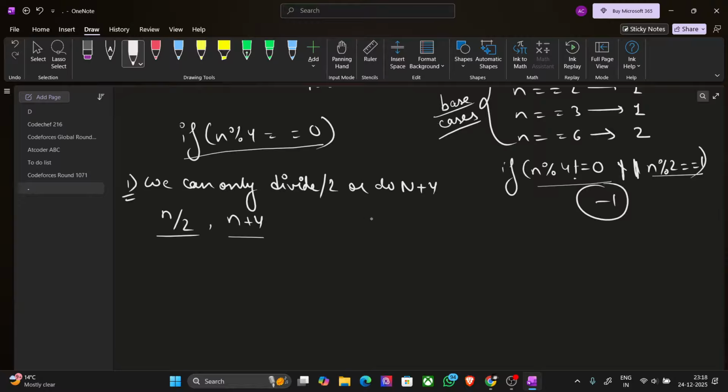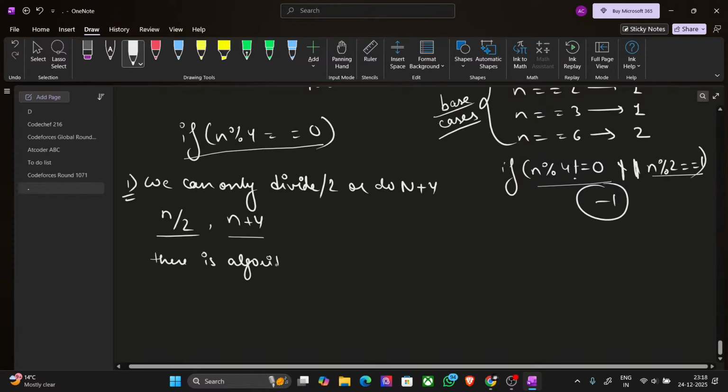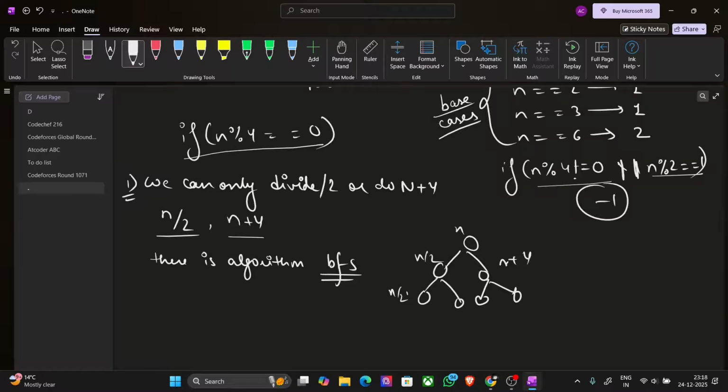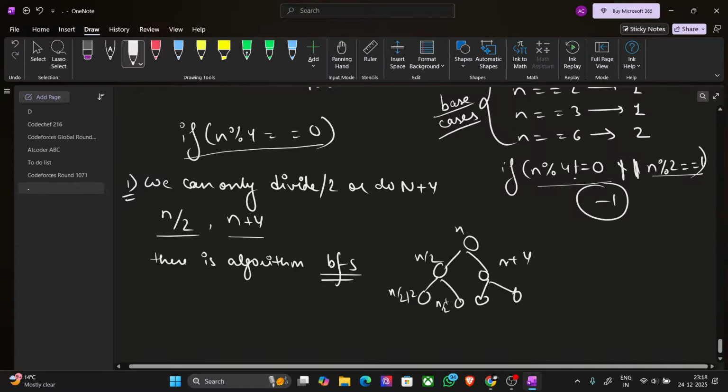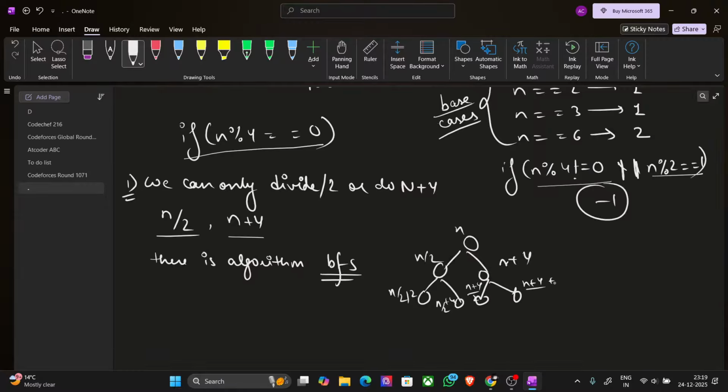Yes, Kabir, please ask. There is an algorithm, BFS, which you can use to find the minimum path, as you can make nodes like these. Start with n by 2, then n plus 4, then n by 2 by 2, then n by 2 plus 4, n plus 4 by 2, and n plus 4 plus 4. So you can run a BFS also, but it will give TLE